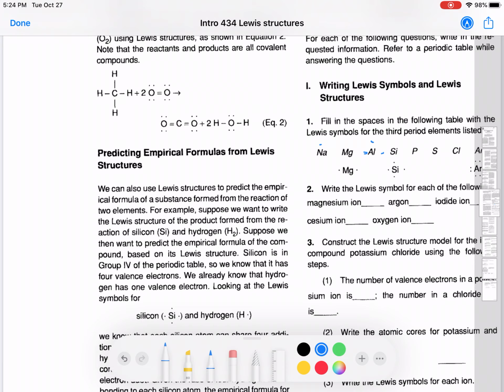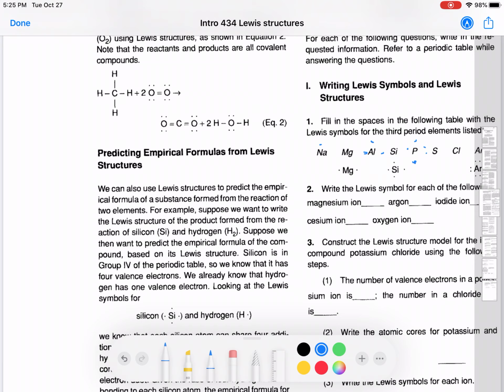You put the dots on each side of the atom, and if you have more than 4, then you can start pairing them up. Silicon is in group 4, so 4 valence electrons, and phosphorus is in group 5, so you can refer to the periodic table. So 5 would be 1, 2, 3, 4, and then 5. The last one you can pair up, and when you are pairing, it doesn't matter which side you put the pair. You just put the pair like that